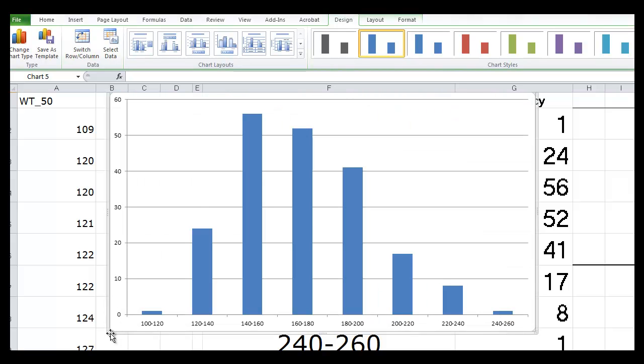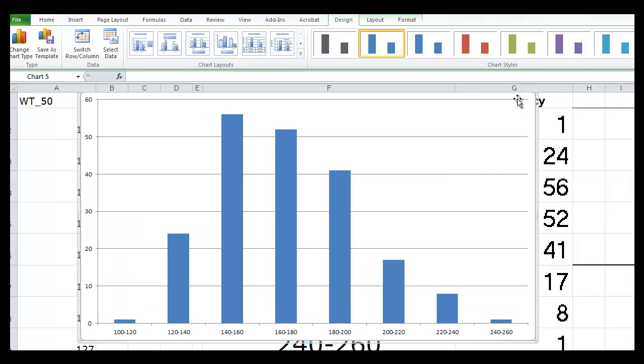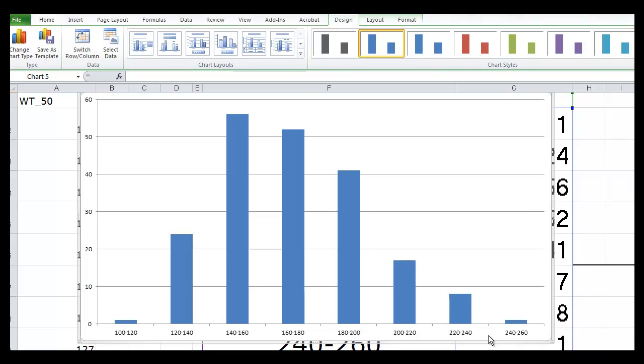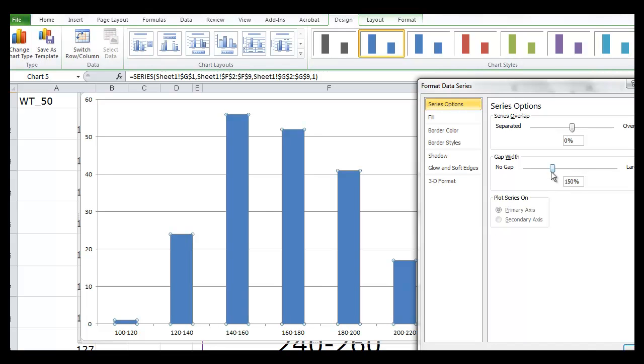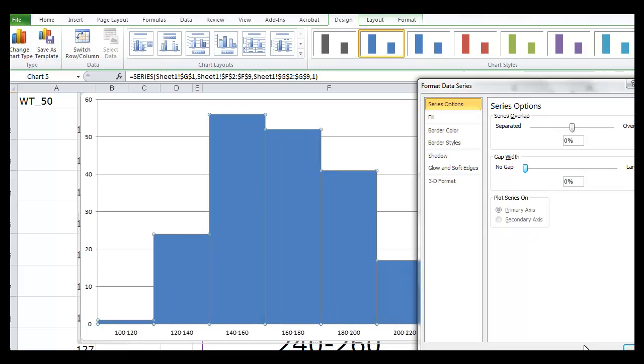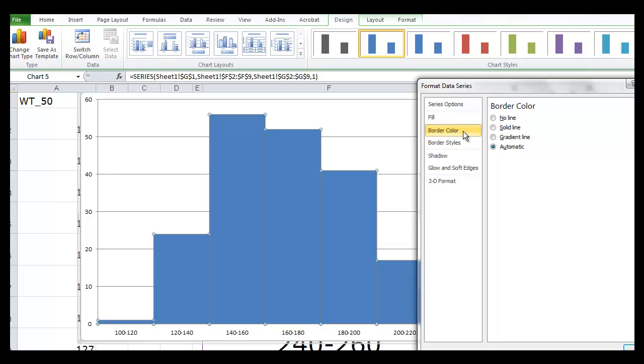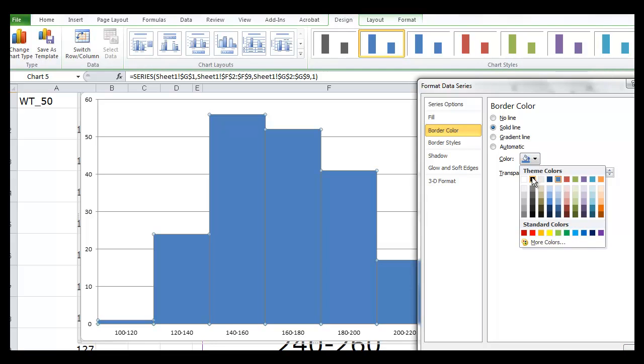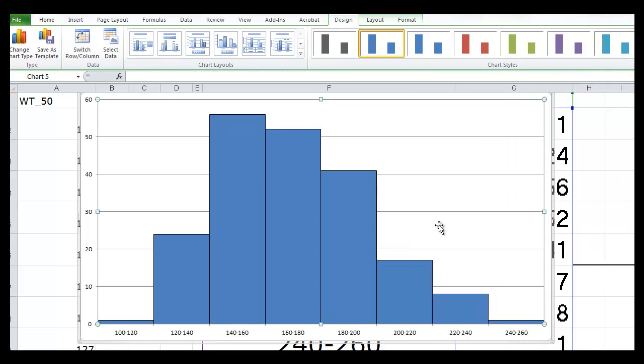We can enlarge it, and remember this, that we don't want a histogram to have any gaps between the bars. So to eliminate that, what you can do is that you can double click on any of the bars, and then go ahead and ask it to not take any gap width, and then just play with this, and make the borders darker and all that. Okay, so let's see, and then you can put, say, black color. I'll just let you play with that.